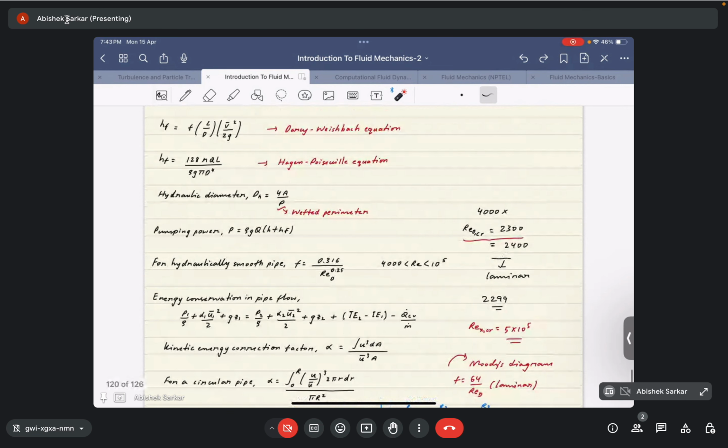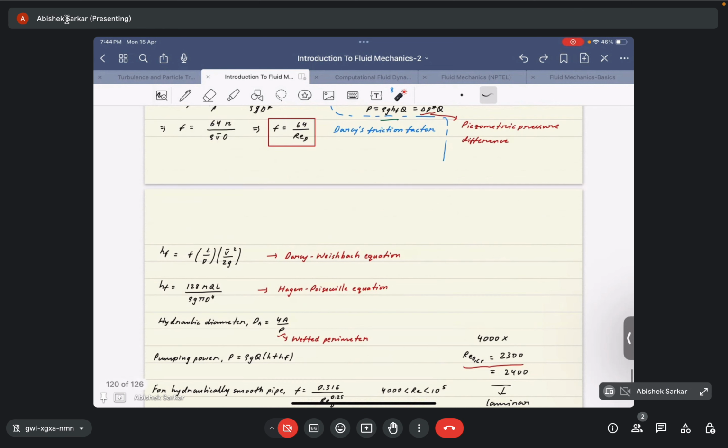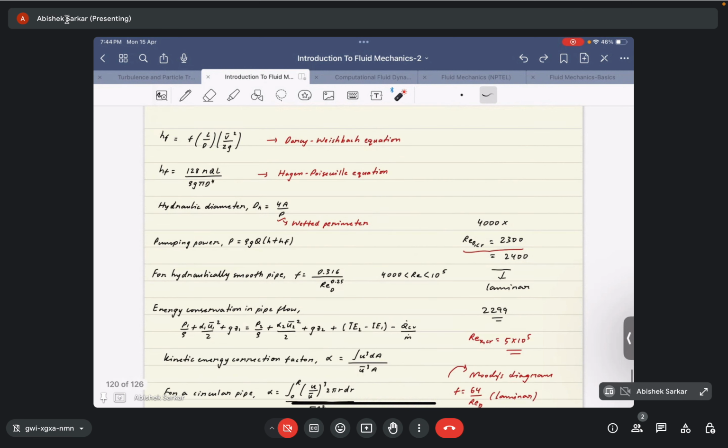Now even if the expression for the friction factor, F is equal to 64 by Re_D, is valid only for laminar flows, the equation that head loss is equal to F L V square by 2GD is valid for turbulent flows as well. The only thing that varies in the case of turbulent flows is the value of the friction factor. To find it, we take the aid of a very famous chart known as the Moody chart or Moody diagram,